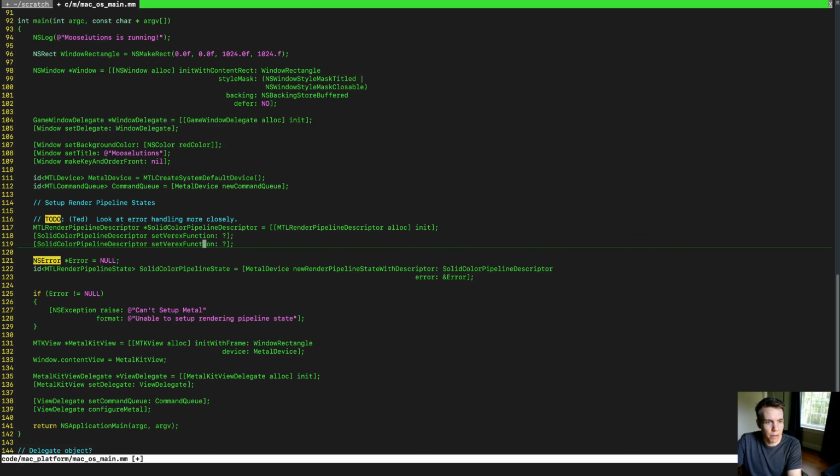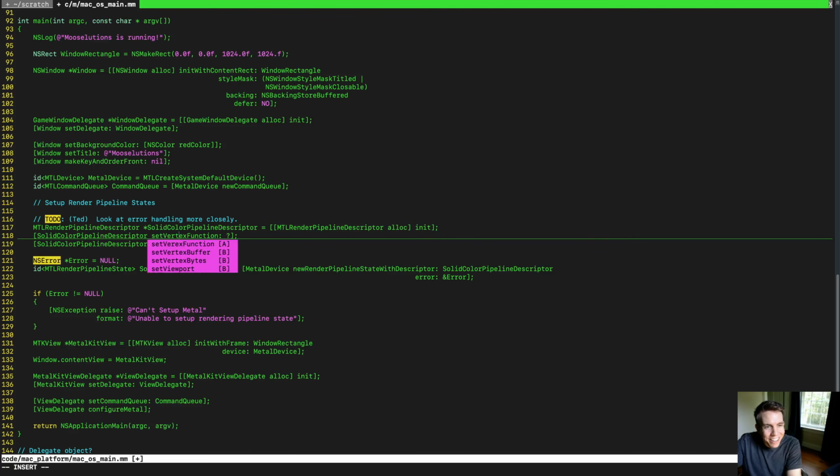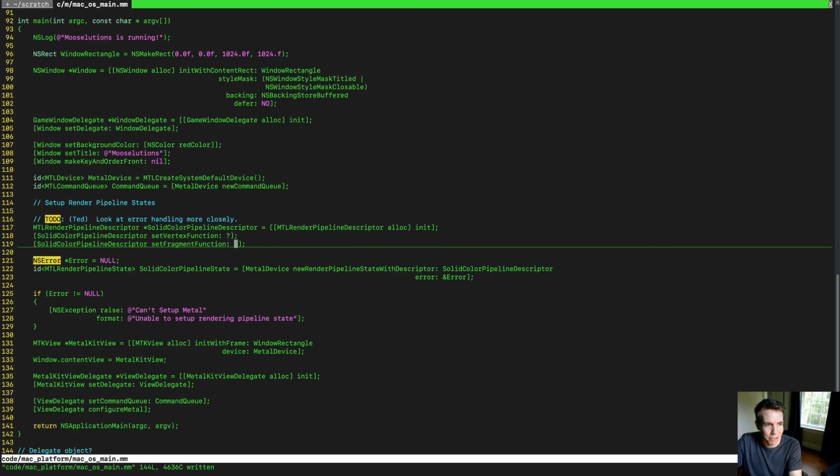And then setFragmentFunction, right? And there's some stuff there. So we're going to be doing those two things. Now, where do we get these functions? I have no idea, but let's look in the